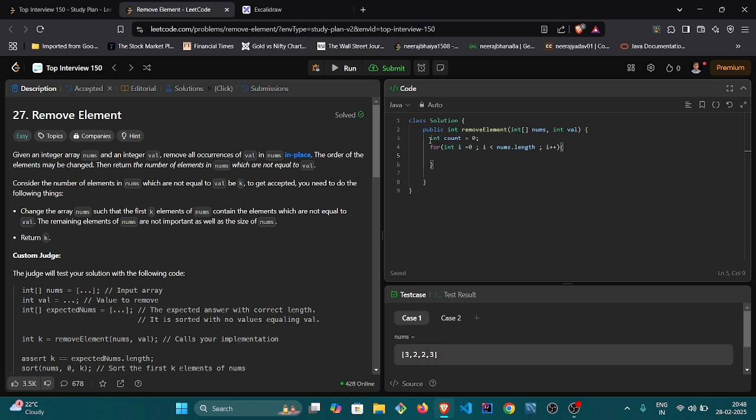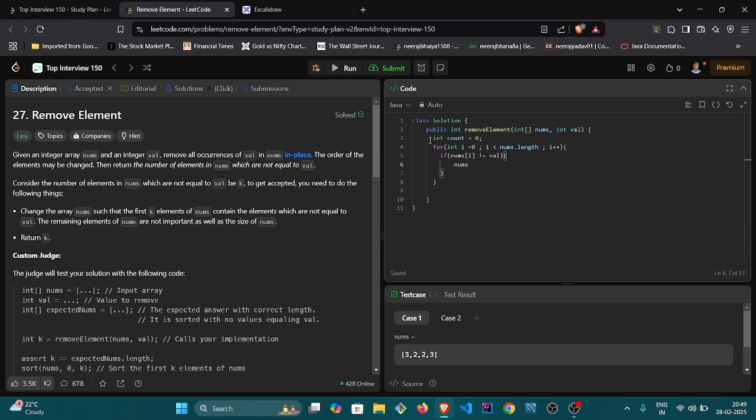Now we have to write the algorithm which solves the operation discussed in the problem. So we make a condition: if nums[i] does not equal val, then we will make sure that nums